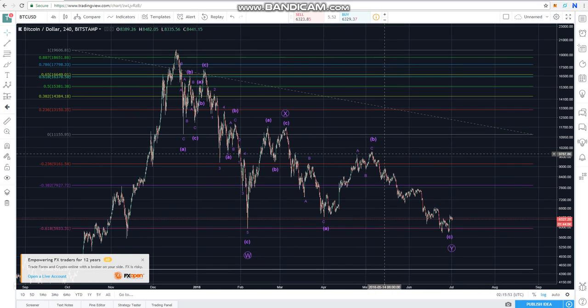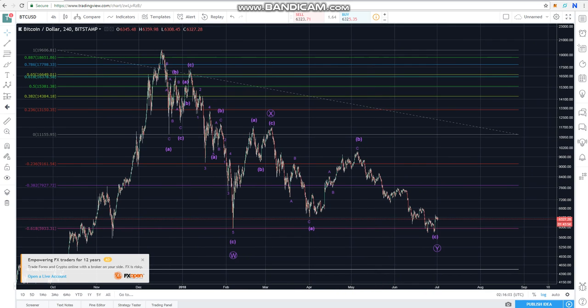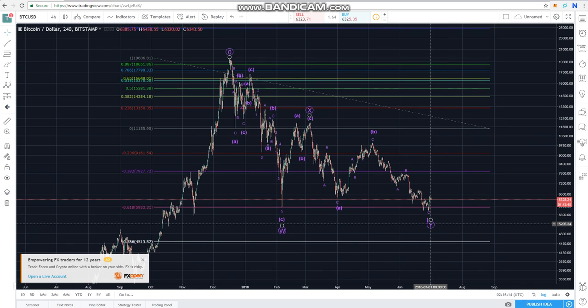I mean, it's debatable whether this is a 1, 2, 3, 4, 5 or ABC, but I would say this is an ABC. Maybe it's here. ABC like this. And then this would be the ABC. So this would be how I count this. This is my primary count, that we ended this correction, and that we are in